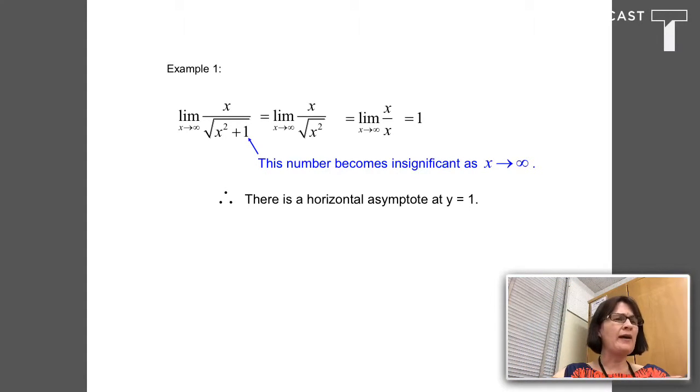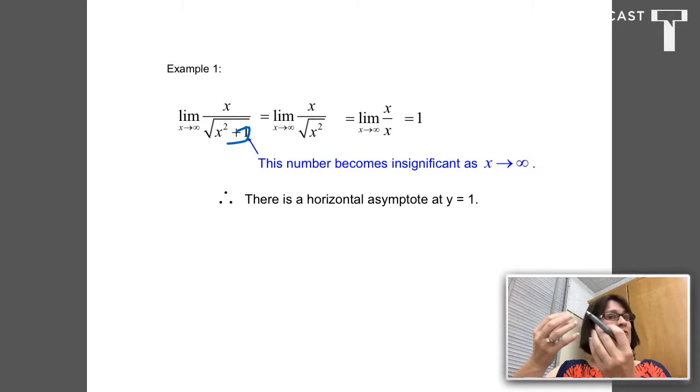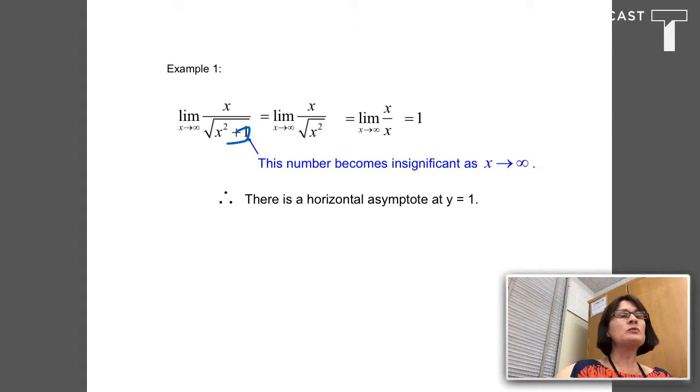So if I want to investigate the limit of x over the square root of x squared plus 1 as x goes toward infinity, imagine plugging in bigger and bigger x values. This little 1 down here has less and less power over the outcome as x gets bigger and bigger. So we could say that the plus 1 down there becomes insignificant as x tends towards positive infinity,